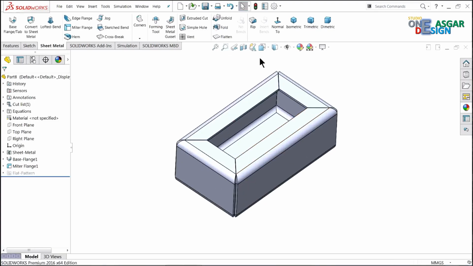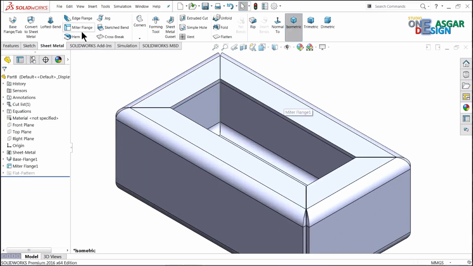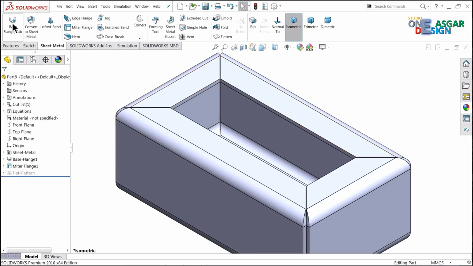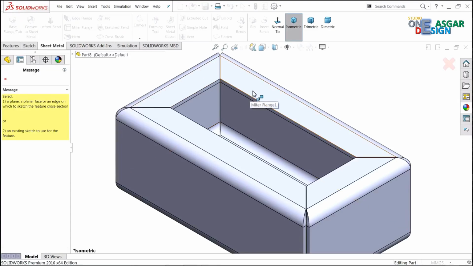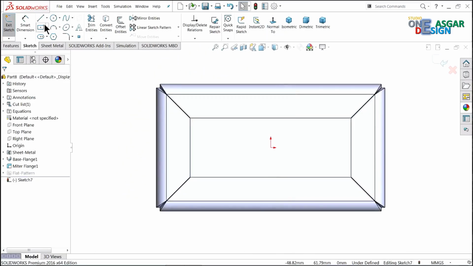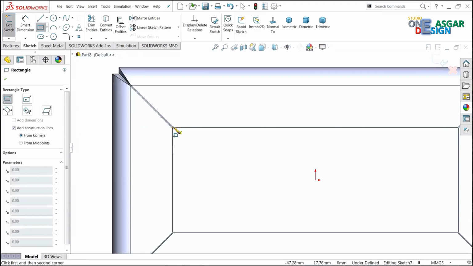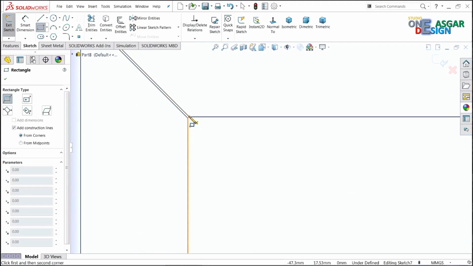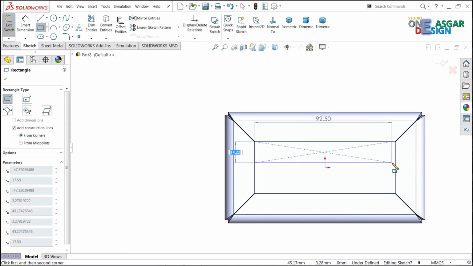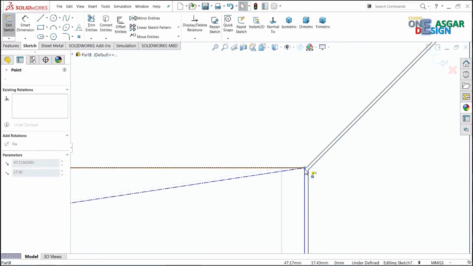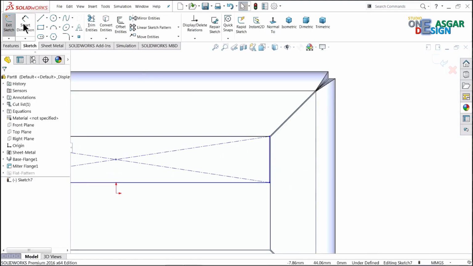Now let's add some more things here. What other things can we add? Let me add edge flange. Okay, if we want to add some more base flange, you can simply select base flange, click this face, normal, corner rectangle, and we want to expand this face, so we will start with this point. Right click, exit. Now let me meet this end point to this end point. That's it. Let me define the length,